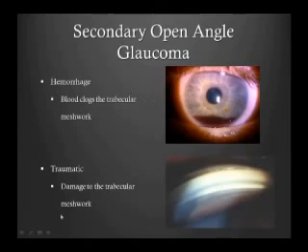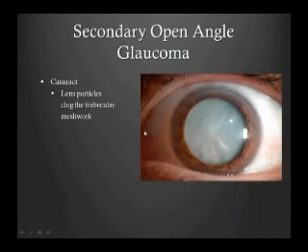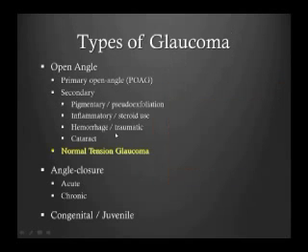Other things, trauma can cause the drain to be torn, which would make the pressure go up. If there's bleeding in the front of the eye, that blood can clog the drain. And even very advanced cataracts can leak protein into the drain and make the pressure go up. So there are very, very many things that can cause high pressure with an open drain. And the next thing